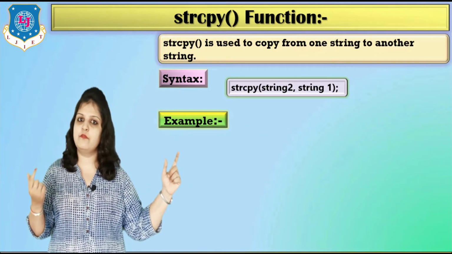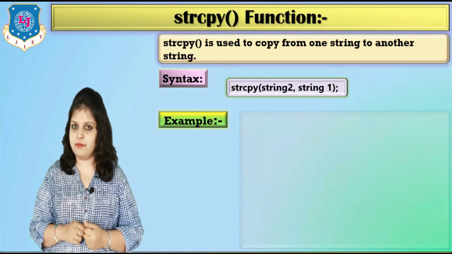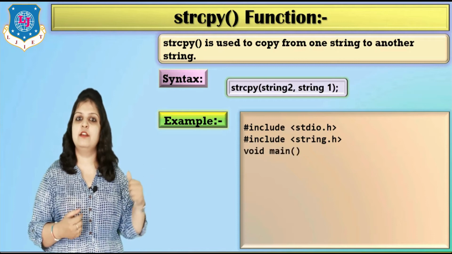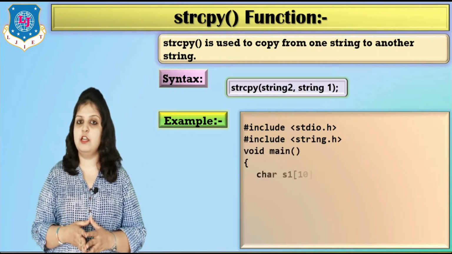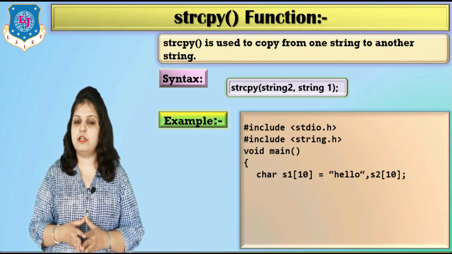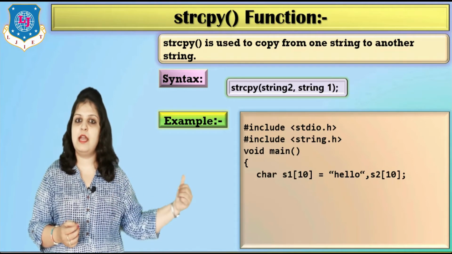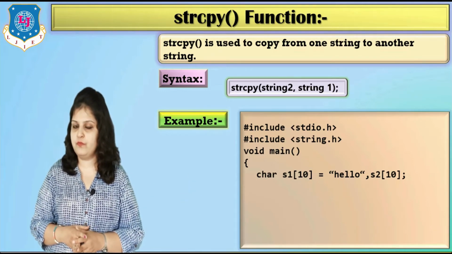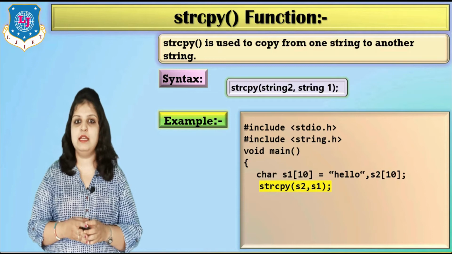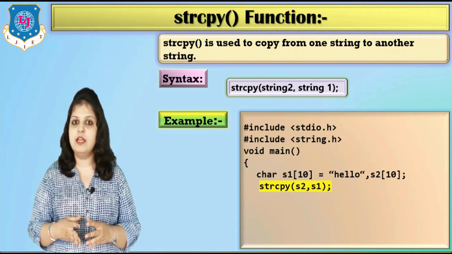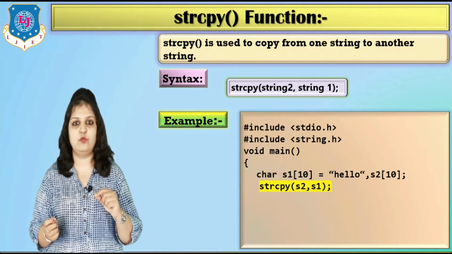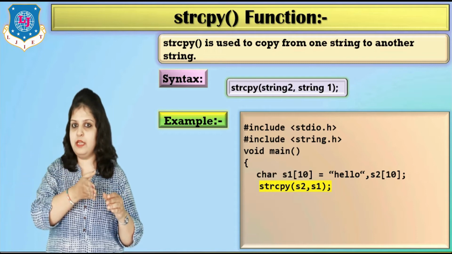String 1 we have already initialized. How can we write the program? First include our two header files, stdio.h and string.h, and write the main function. In the main function you have to declare two different strings. First, char s1[10] is equal to "hello", which is already initialized, and take another string, that is s2. Now if I want to copy the data of s1 into our s2 string, then you have to use the strcpy function. And how can we write it? Just write strcpy(s2, s1), means the data of s1 will be copied into our s2